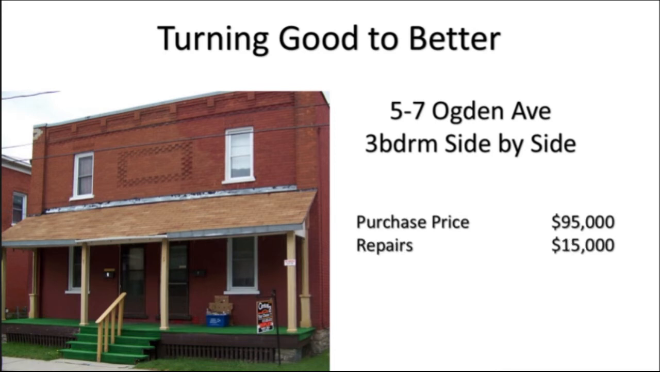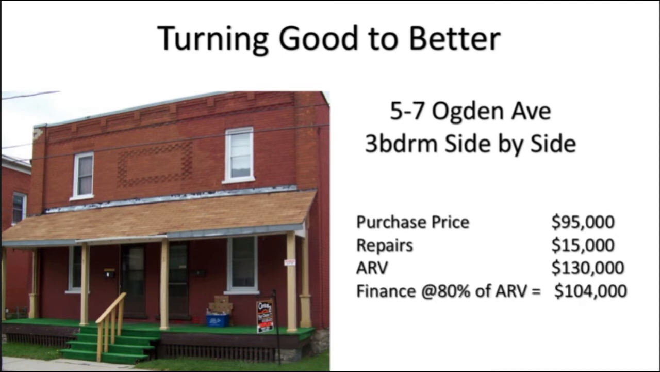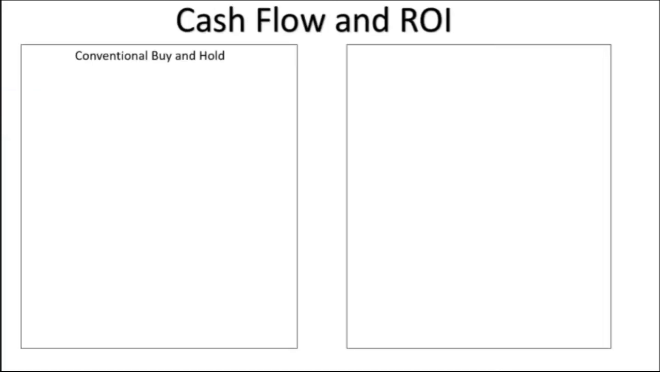The purchase price was $95,000. I put some money into it with repairs. The after repair value was $130,000. We financed it based upon the after repair value at 80% of that value, which means I only had $6,000 invested in this duplex. So when we take a look at the cash flow on the conventional buy and hold,